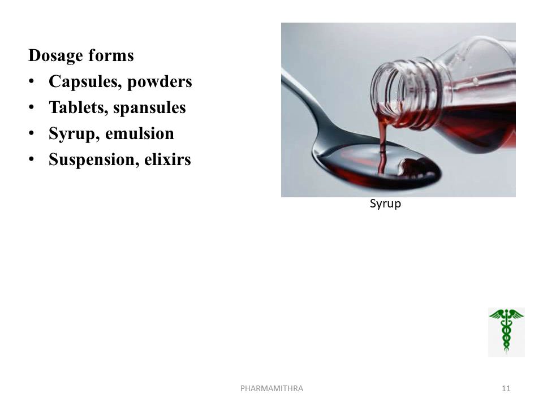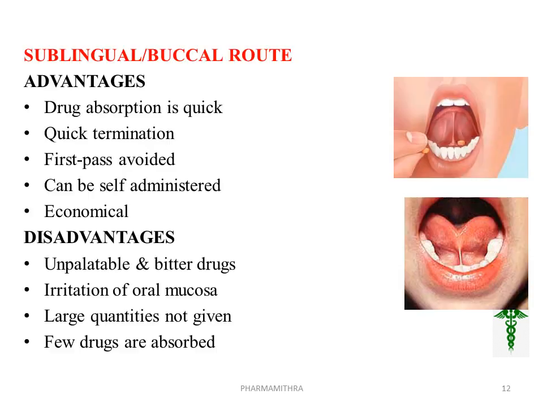These are the major dosage forms coming under the oral category: capsules, powder, tablets, pansule, syrup, emulsion, suspension, and elixir. I think we are familiar with all the terms except pansule. Pansule is an advanced drug delivery system. This is a capsule containing the medicament in the form of granules coated with slowly dissolving material, so it delivers the drug at different specific times.